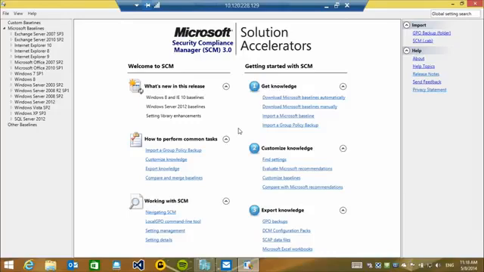So the Security Compliance Manager, how often I refer to it, is every time we ship a new operating system or a new infrastructure service like SQL, people tend to ask us, okay, what is the Microsoft best practice around a particular configuration, right? And what is it specifically, what is interesting for us as an enterprise? So rather than us publishing every day new TechNet articles, because we are